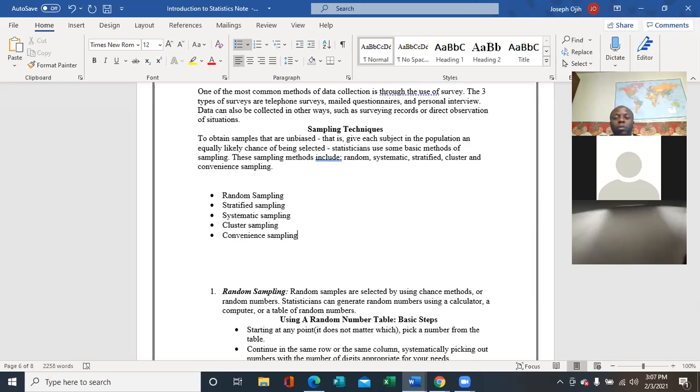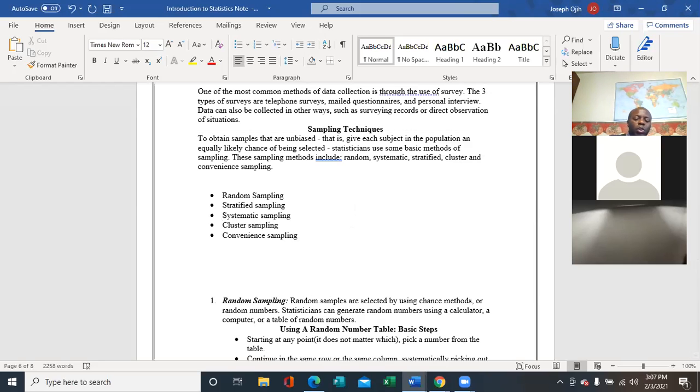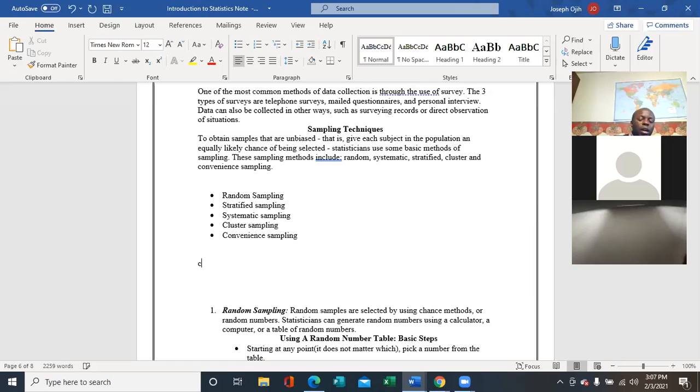We sample because we cannot study the entire population all the time, except if we are doing a census, and then we can study the entire population. But studying the entire population can sometimes even be impossible in some cases, or it might be too expensive, or it consumes a lot of time. Now, let me show you a situation whereby it can be too expensive. I'm sure if you watch TV, you have been seeing what are called collision tests. I hope you can see the screen.